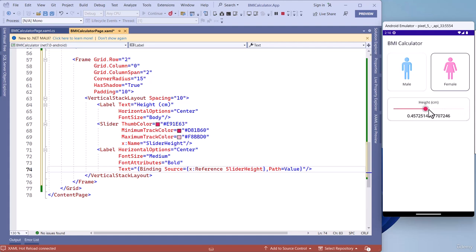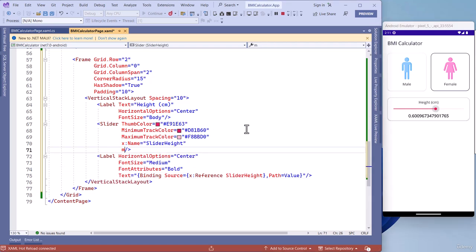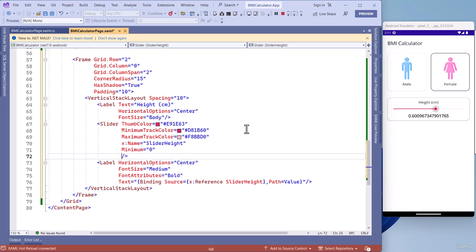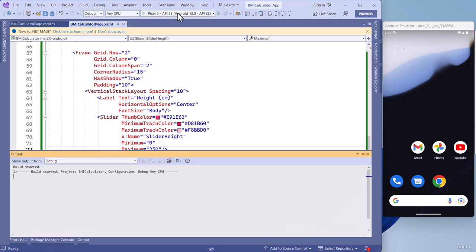Now there is a problem here in this slider. We'll only get the values from 0 to 1, but we want to get the values from 0 to 250. We'll allow the user to pick the height from 0 to 250 centimeters. In this slider control, we'll set the minimum value equals 0 and maximum value equals 250 units. Now, if we run this application again,